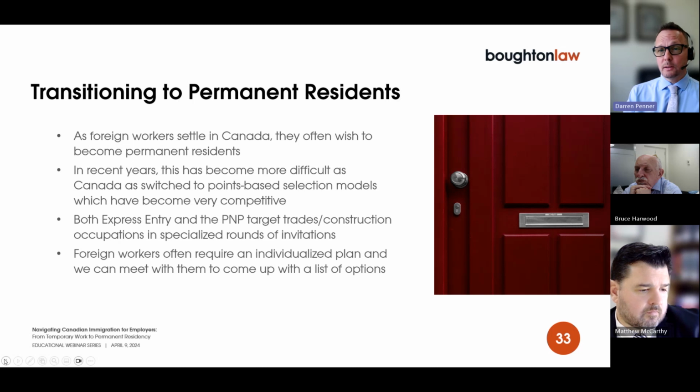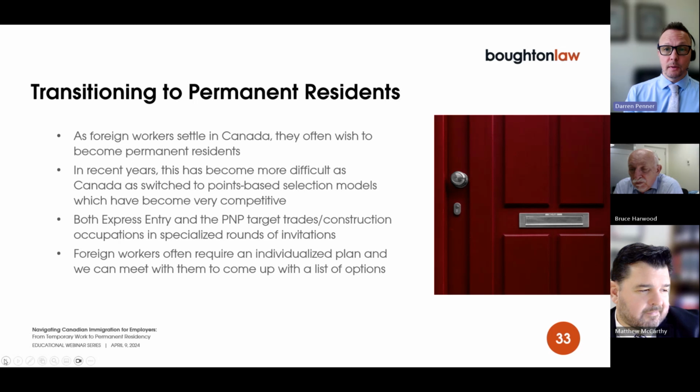IRCC is under some pressure because there is quite a deadlock growing, a bottleneck, where we have a lot of people who have contributed to Canada for quite a few years now as temporary residents, as workers. Their employers need them, and they have no great way to get through to permanent residence. IRCC understands that, and they may do something about it. Unfortunately, they don't tell us what their plans are, but we could expect at least a few times a year for them to do a slightly bigger round of invitations that at least gets the scores back down into the 400s on a temporary basis, but we just don't know.